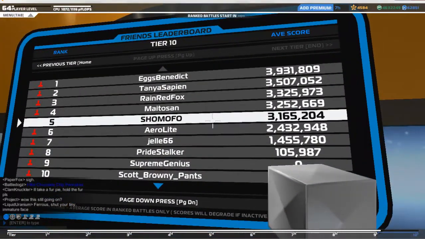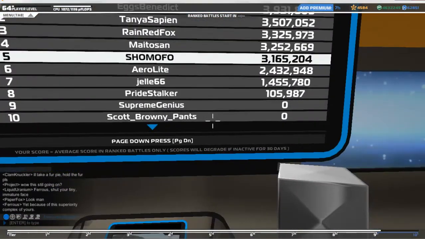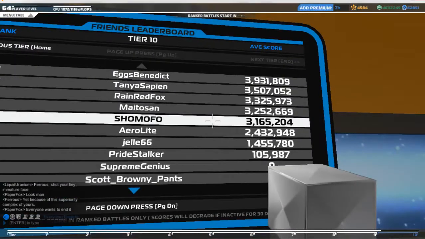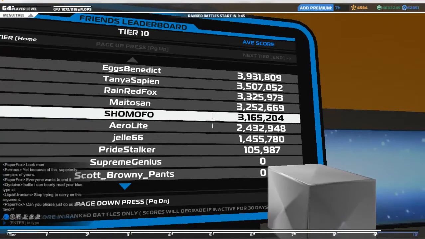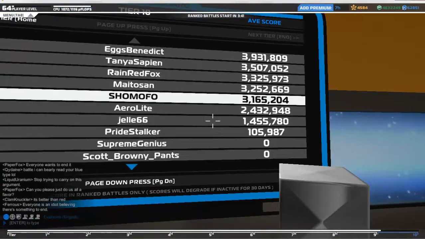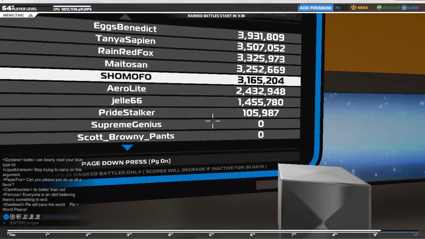On this one we have, let's see, can I just page up? Make sure we're at the top. Yes, we're at the top. And in this one, Eggs Benedict is taking the lead, followed by Tanya Sapien, then Rain Red Fox, Mato San. And check me out, one battle, already doing rather well there. Aerolite, Jelly, Pride Stalker. Who else out of...